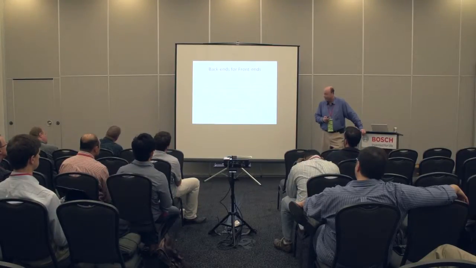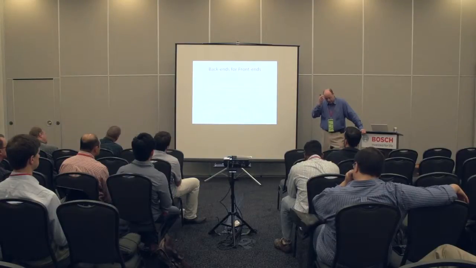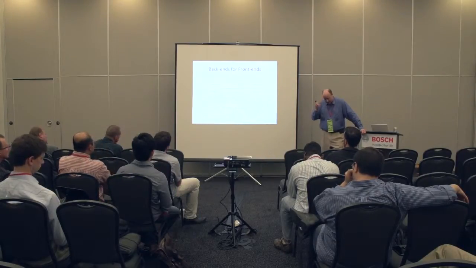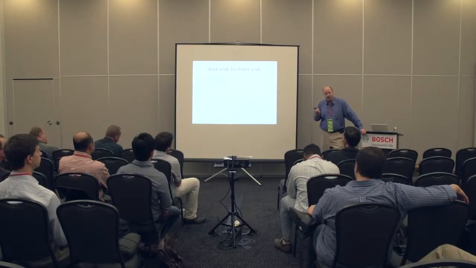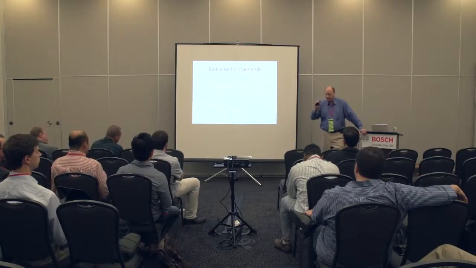The first one is called backends for front ends. I've never quite seen it, but from published case studies, you pull up a page on Amazon, and the page comes up, and the rumors are that there are a few dozen microservices that get called to fill out the data on that page. I can guarantee you that when your browser pulls up the Amazon site, excluding the graphics and the GIFs and whatnot that the browser needs, to get the data, it's not making dozens of calls to individual microservices.